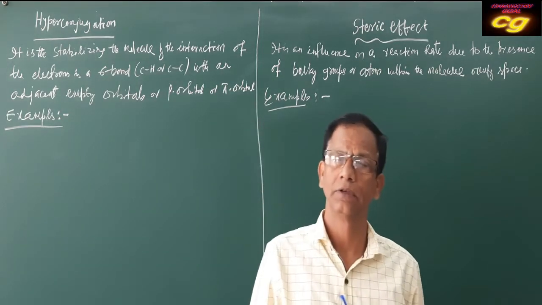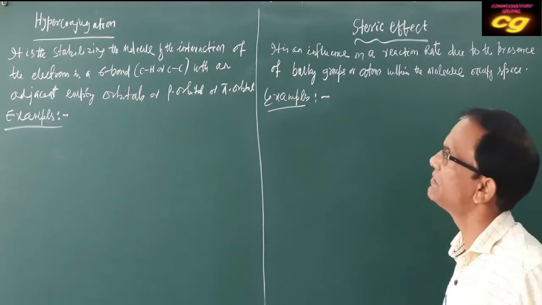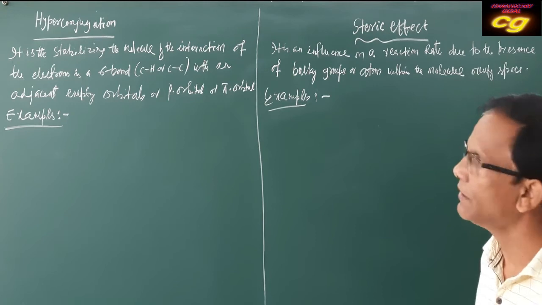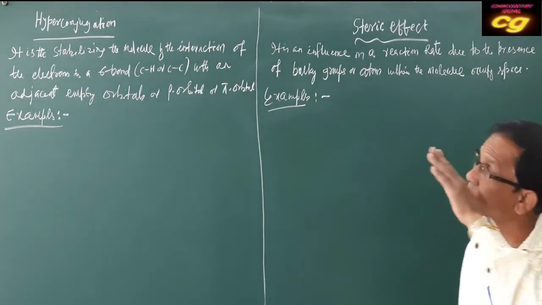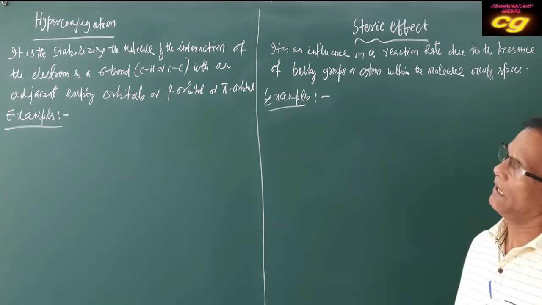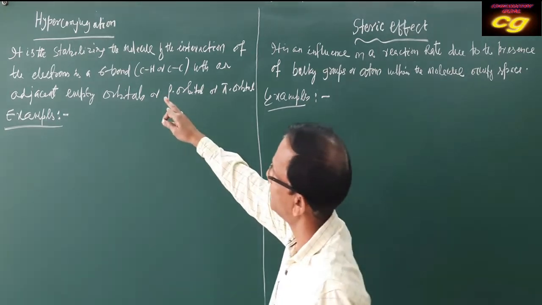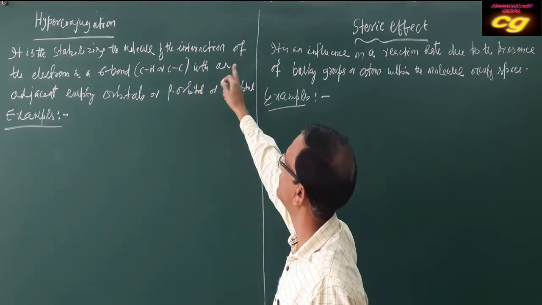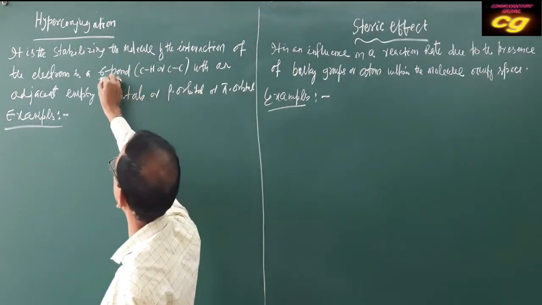Hello students, now we are going to discuss two important topics, that is hyperconjugation and steric effect, related to electronic displacement in organic compounds. These two effects are very important. Hyperconjugation is the stabilization of an organic compound by the interaction of electrons in a sigma